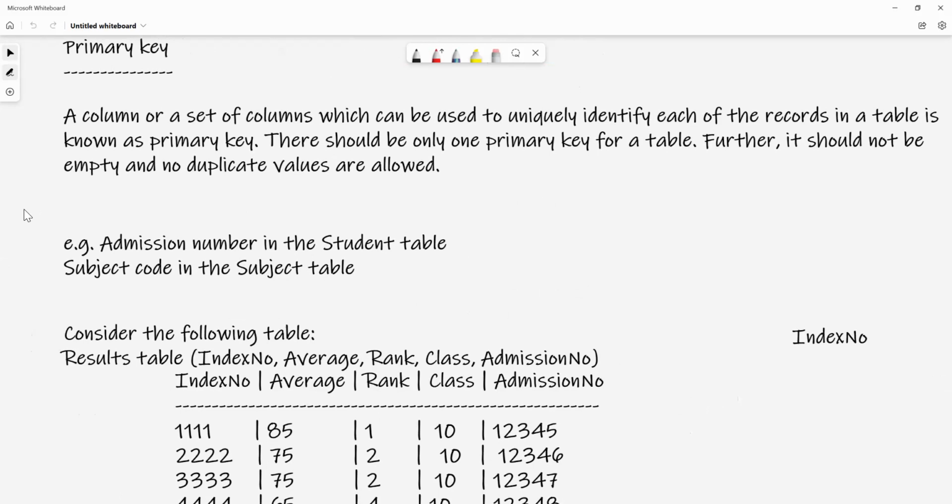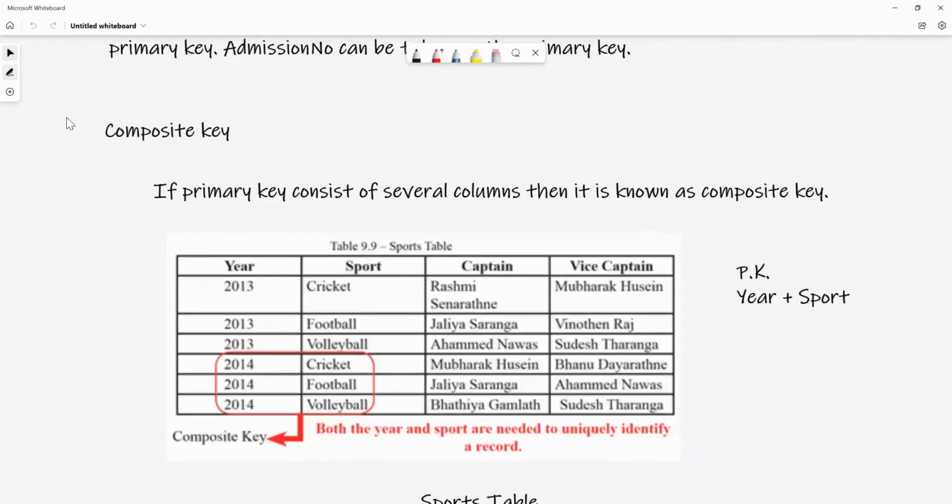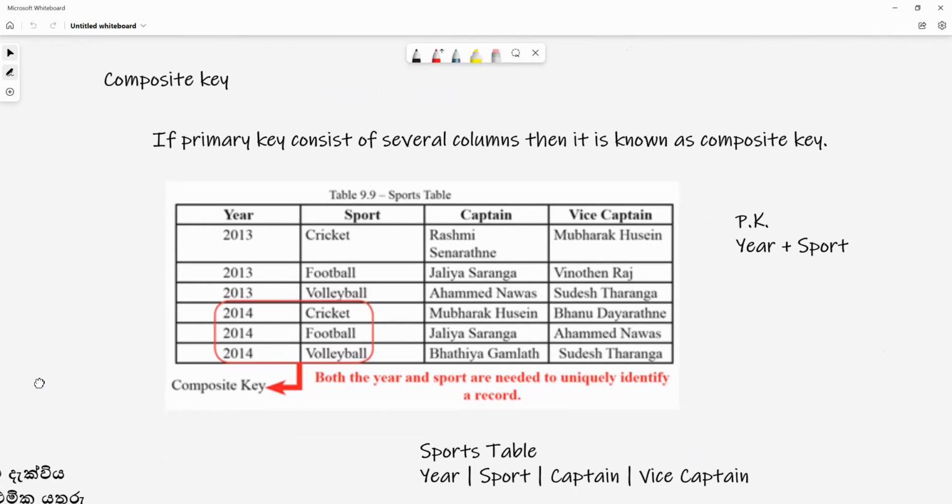Sometimes one column might not be enough, so you have to use a set of columns. For example, sometimes you can have two fields where you have unique values. In such a situation, remember, you have to use only one as a primary key. Then there is a situation where you need multiple attributes or columns for the primary key, which is the case in this